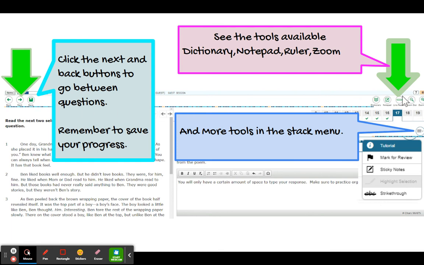Over on this side of the screen, you will note tools that are available, such as the dictionary, a notepad, your line reader. You may have a ruler if this is a math test, and your zoom in and out button. More tools can be found by clicking the stack menu, where you will find a tutorial. If you click the tutorial, depending on the page you are on, it will give you a tutorial of that